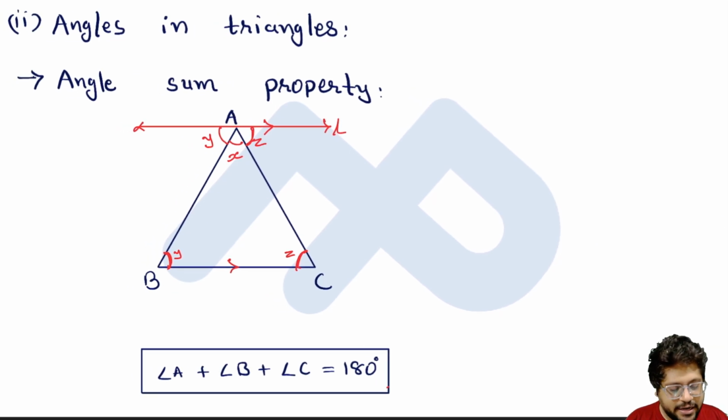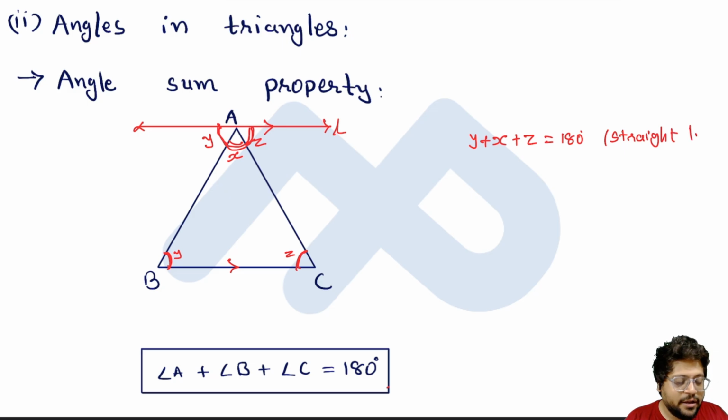so I can say this is Z. And now because on this line, this Y, X and Z, all three are on a straight line, so they add up to 180. So Y plus X plus Z is equal to 180. The reason is straight line,